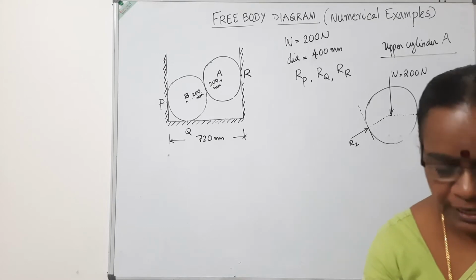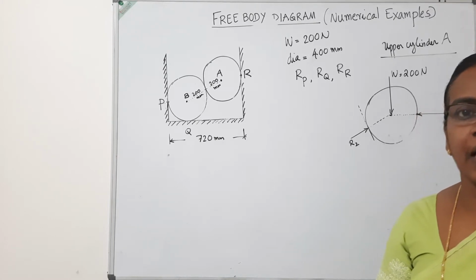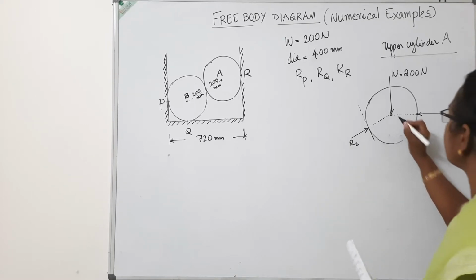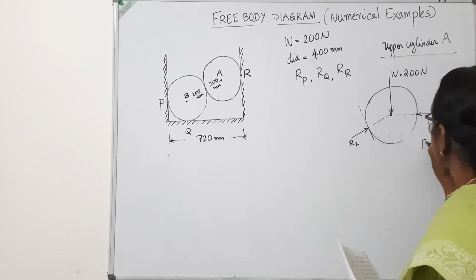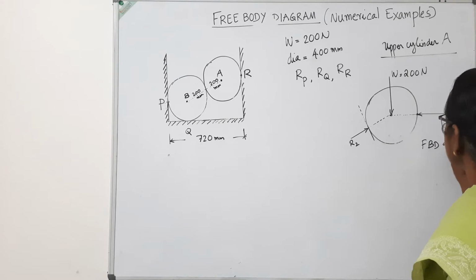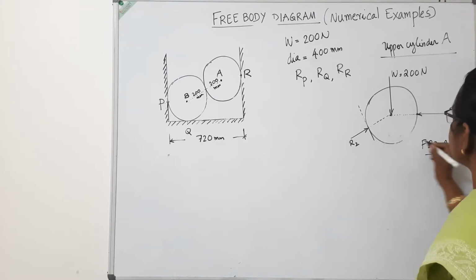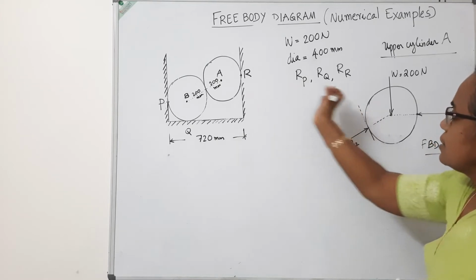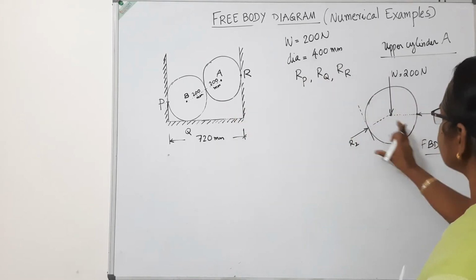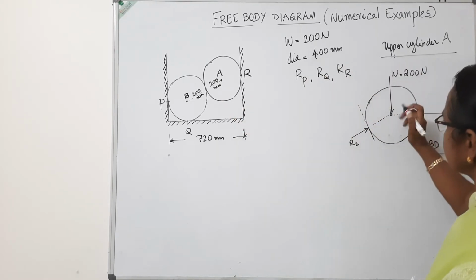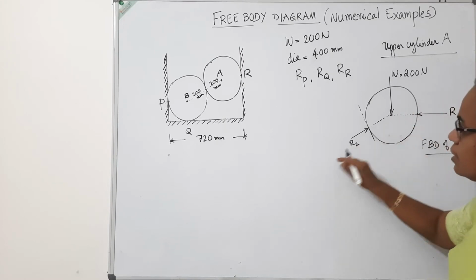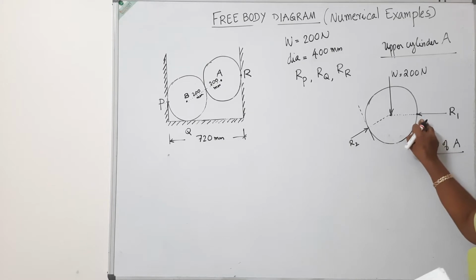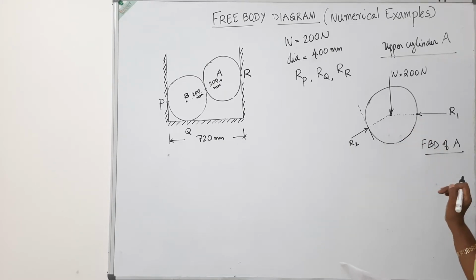Now we have to find out the angles. Once we get the angles, then only we can make the resolution. So this is free body diagram of A. Free body diagram means it's freed of the contact surfaces. The second ball, that ball alone is considered, and we have marked the self weight acting from the center, and together with that you mark the contact surface reactions R1 and R2.